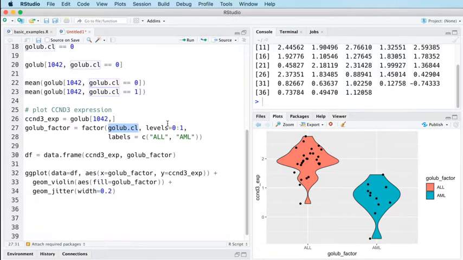In order to generate this plot, those two variables are all that we need. That's all the information that we need. We need a position on the y-axis, which is the expression of that gene in any given sample, and we need to know which class the sample falls into. We need to know whether the sample is an ALL or an AML. So there are two variables, but we need to represent those two variables in a